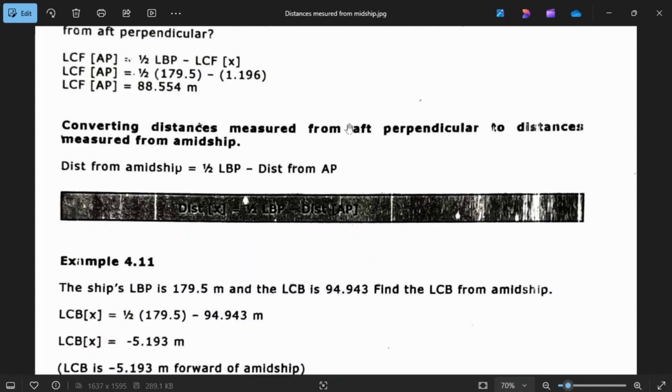Converting distances measured from perpendicular to distance measured from amidship. Meaning, distance from amidship, 1/2 length between perpendiculars minus distance from up. So meaning,